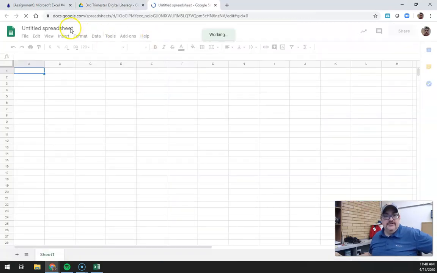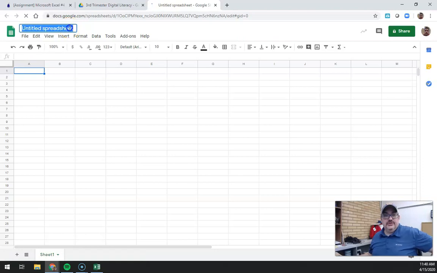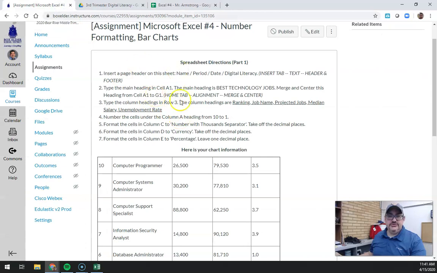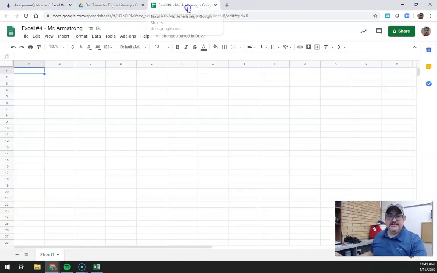First thing we're going to do is add in our title right here and call this Excel number 4. It's your first name, last name, and boom. Guys, there are some instructions here in the assignment that we'll probably not do in Google Sheets because it's just